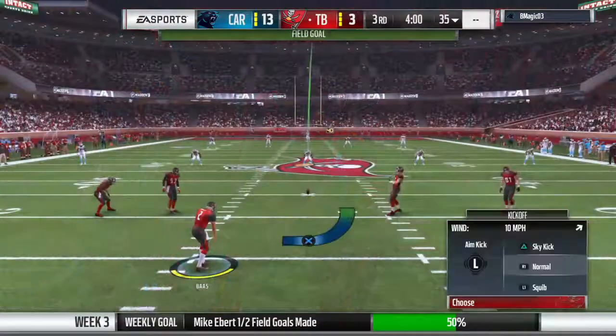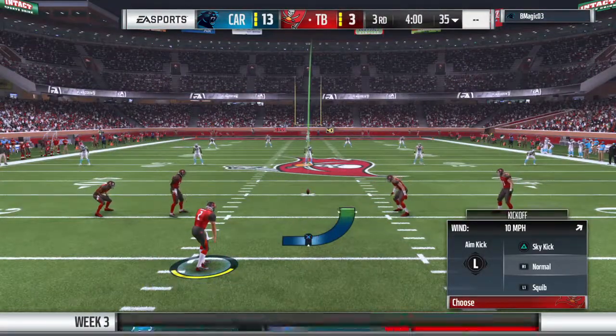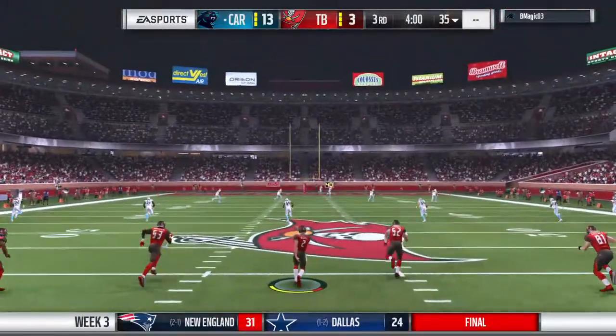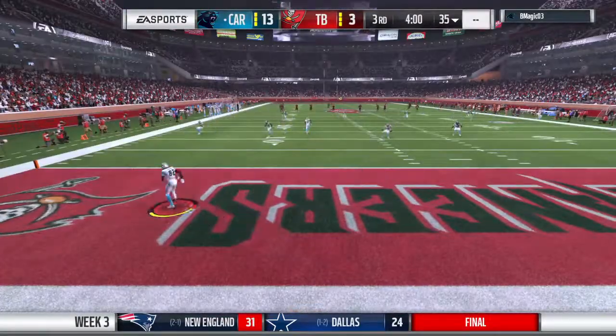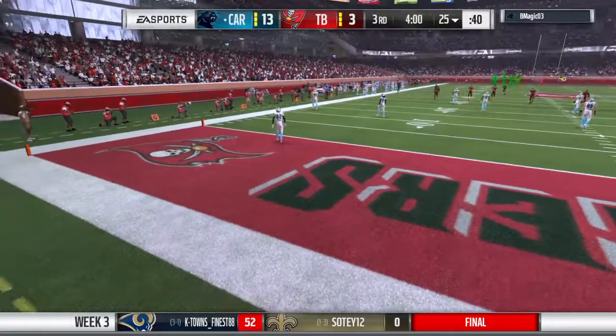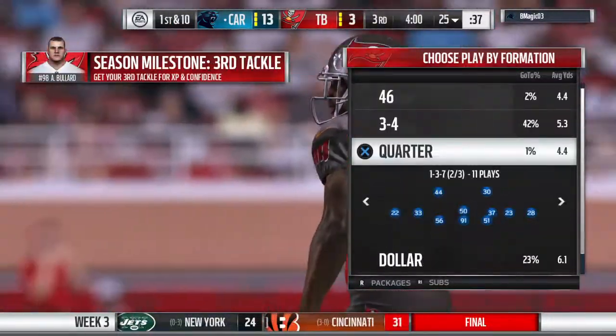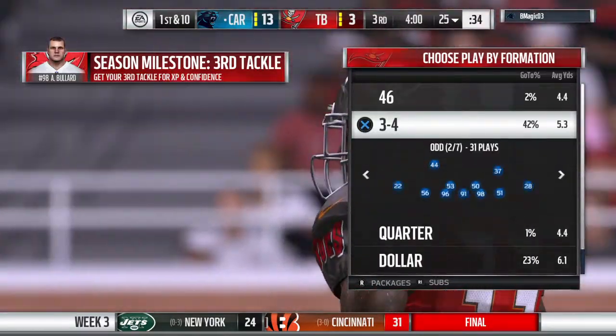So he missed a field goal earlier, but he says not this time, and he's able to knock it through to give his guys 3. And that's all you want as a kicker, a chance to redeem yourself. You got to have a short memory if you're going to survive at this level, and he's able to get back on track. A look at the offense now here, coming back out on the road for their first possession